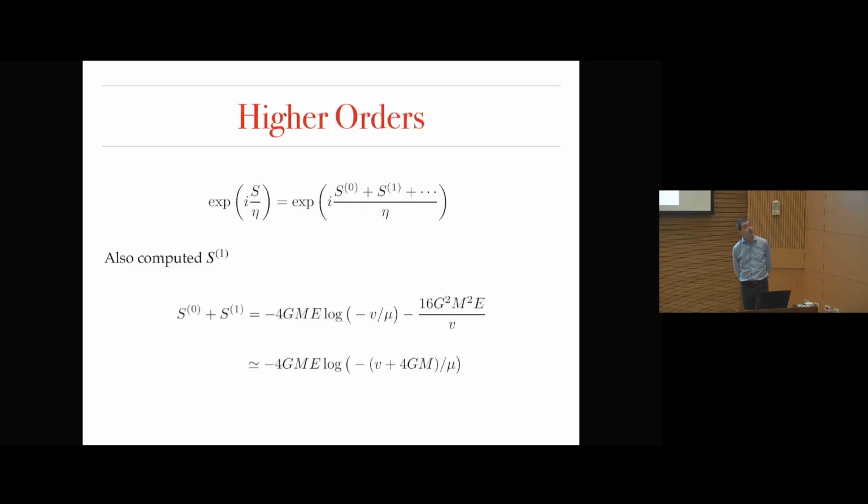Okay, so now we went to the next order to make sure that we weren't making everything up. So the phase here has an expansion. This is the phase of the wave function of our particle. It has an expansion like this, where eta is playing the role of h bar. This expansion, in powers of GM, is the analog of the PM expansion in this problem. This S0 was the thing I computed before, the leading thing in this sort of radial action or eikonal. If you compute the next order, you find it takes this particular form.